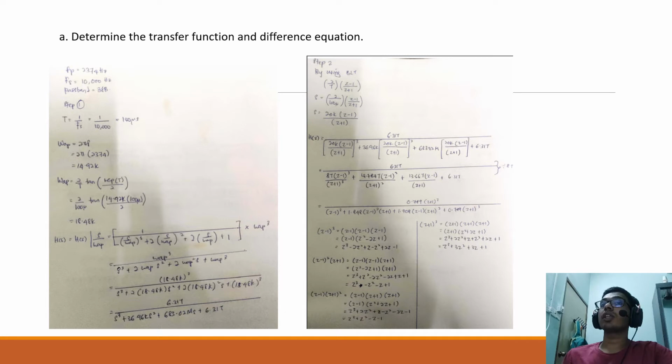So we need to use Wp power of 3, which is the Wp answer, 80.48K, and